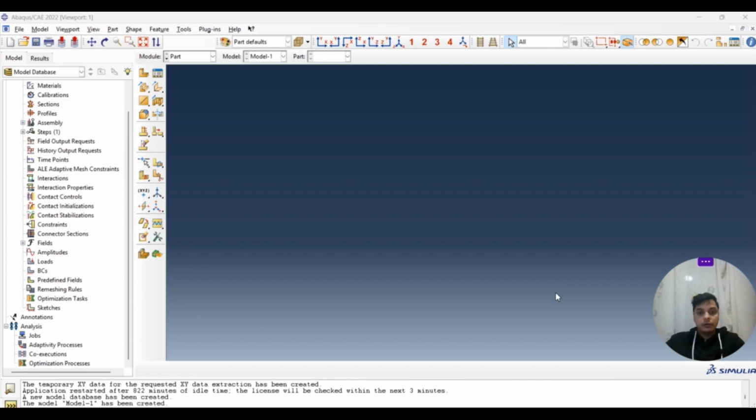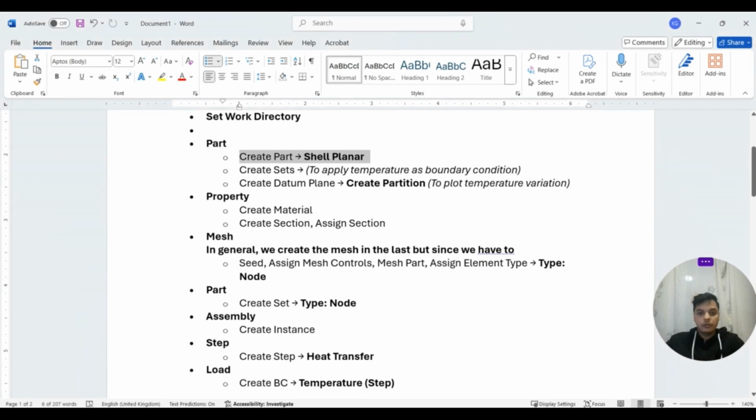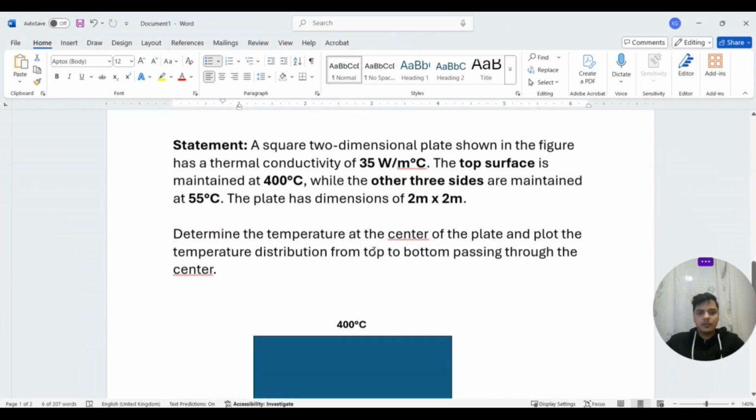This is a really easy example of heat transfer. We are simply going to check the temperature distribution from one surface to another surface. We can easily get into complicated heat transfer problems since we have already learned a bit of the theory. So now the next screen you will see is the problem statement. So what exactly do we have to do?